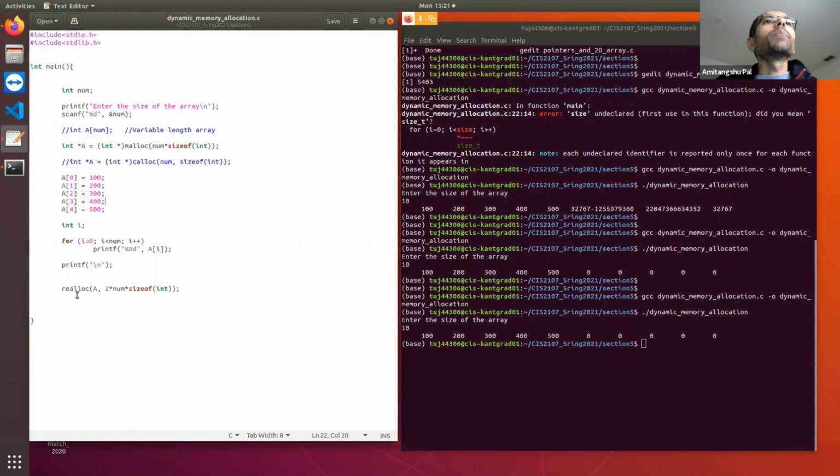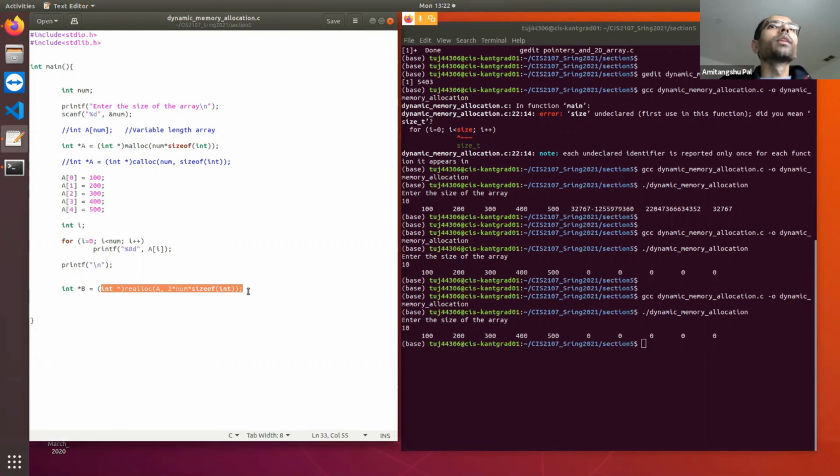So basically the purpose of realloc is to extend A. A used to take this much memory. I want to extend A to make it double. I want exactly contiguous memory location. Similar to malloc and calloc, realloc will also return a void pointer, so I am going to convert it to an integer pointer. Suppose I am using a different integer pointer to point to the newly allocated memory location.